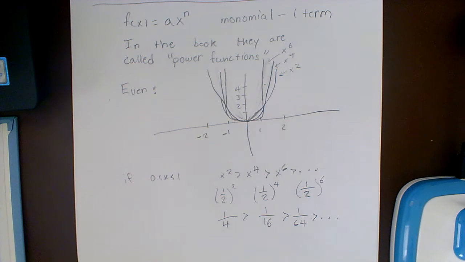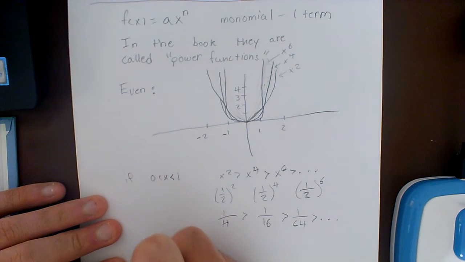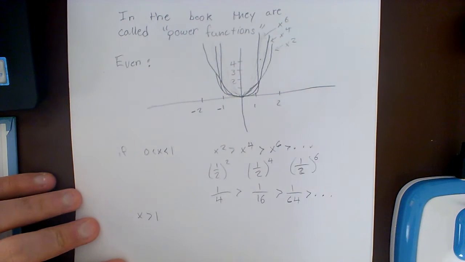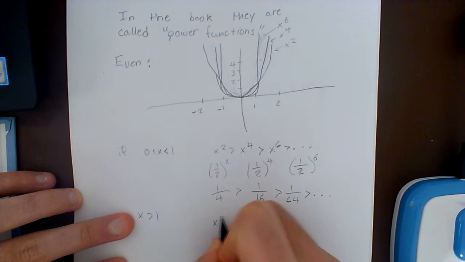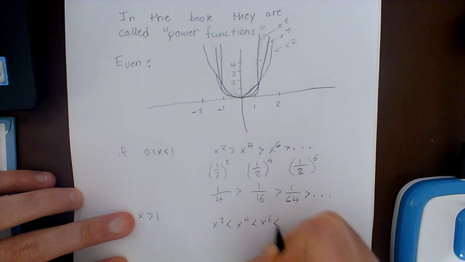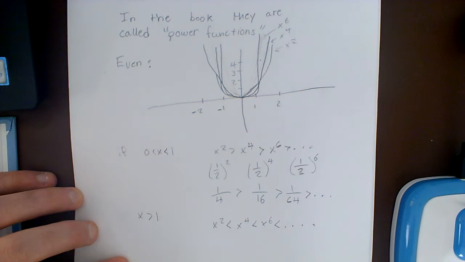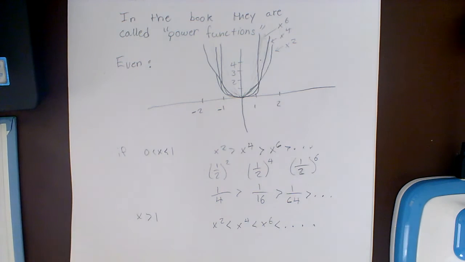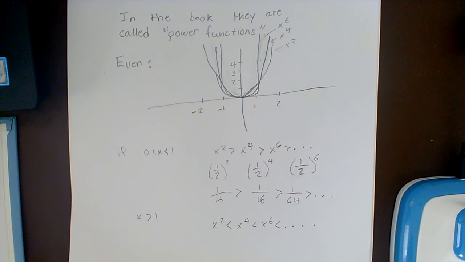Okay, so also, if we're talking about x being greater than 1, if you have any number bigger, then it's the other way around. x squared is going to be less than x to the 4th, which is going to be less than x to the 6th, which is less than the rest of them, right? So that's like 2 squared, 2 to the 4th, 2 to the 6th, okay? So that's what we want to talk about with